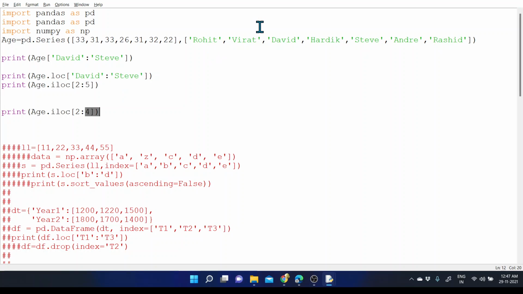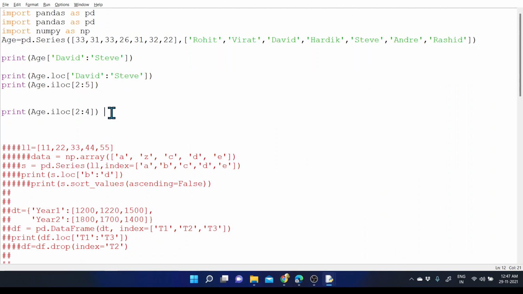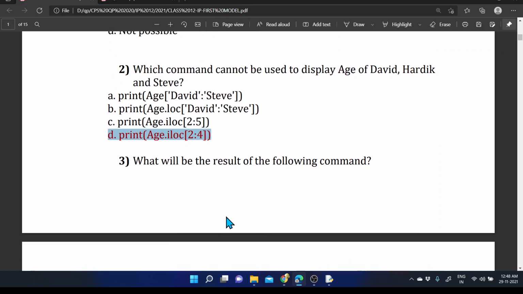This one is the 0th index location, this one is 1, 2. So 2 and 3, David and Hardik values are taken, and the fourth value is excluded. So the first three options are correct and the last one is incorrect. The reason is that the Steve value is excluded from the printing. So we need to print David, Hardik and Steve values. So the last one is the incorrect one. I hope that's clear now.